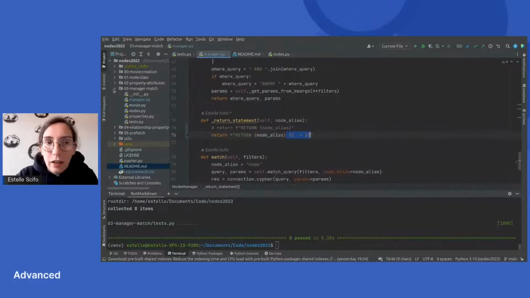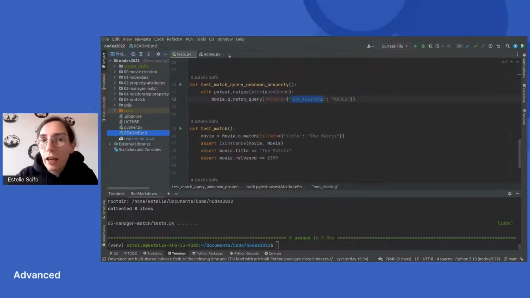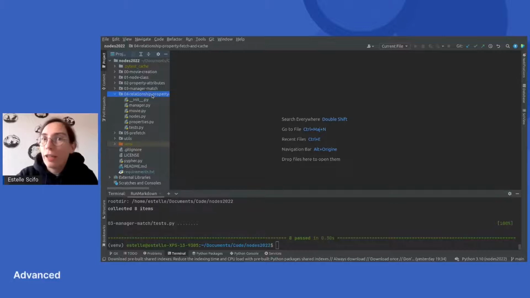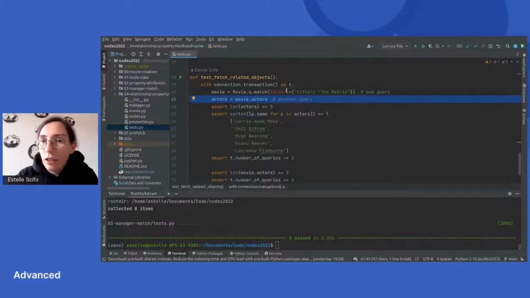Now, we have our node definition. We have our match and create statements that are working based on the node definition itself. Now we are going to implement the properties. So now we are actually using another test.